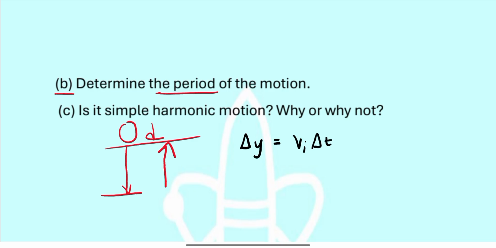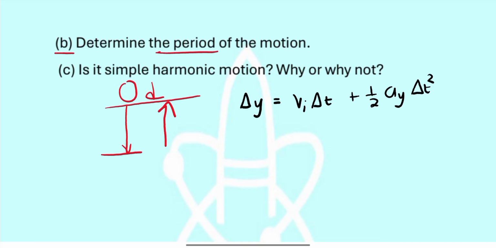Okay, so we're going to use the equation that displacement is equal to initial velocity multiplied by the time plus half of the acceleration and the time squared. Okay, but if you go back and read the question, you will see that this ball was dropped, which means that its initial velocity will be 0. And remember that here we are looking for the time, so my reduced equation will be displacement is equal to half